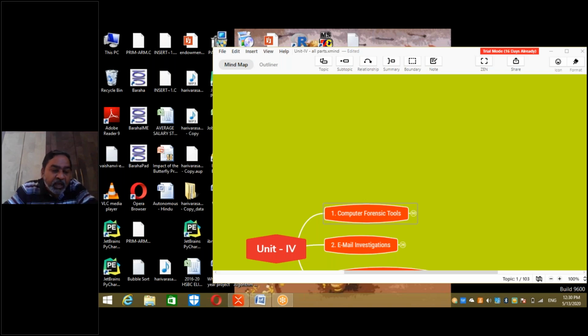Where is this 5 GB? This 5 GB is given by Google to you free of cost to store your mails. That means your inbox and outbox, your client interface is actually on the server. Google Drive also, Gmail also. Even in Gmail at the bottom you will see 3.7% used, 8% used.